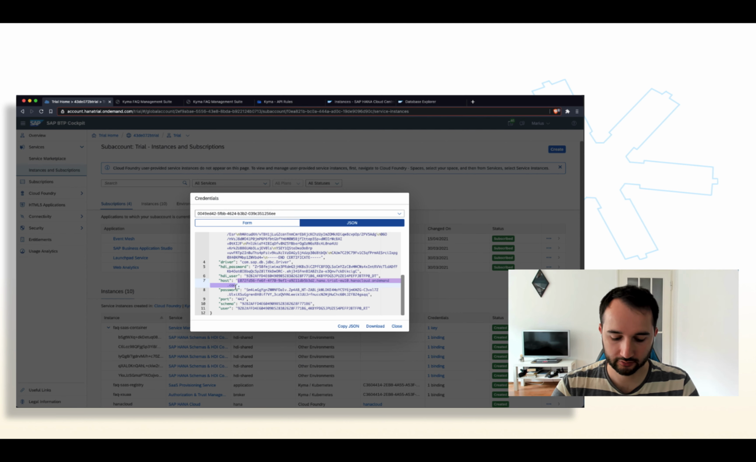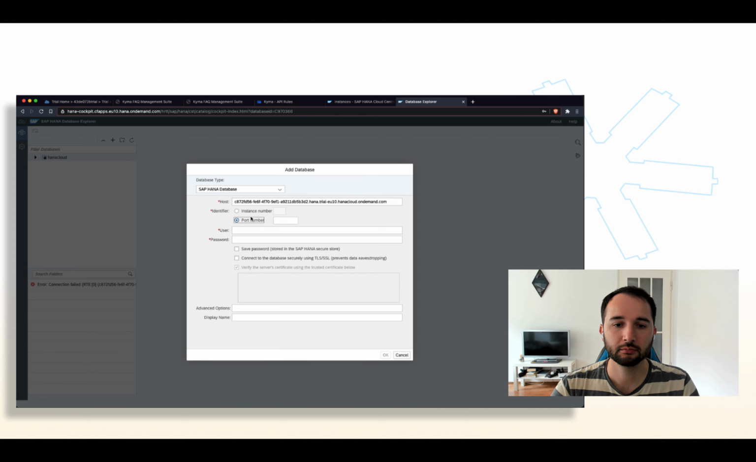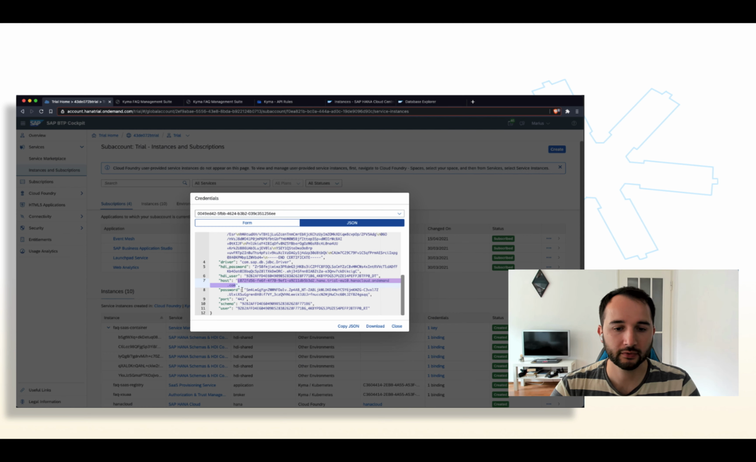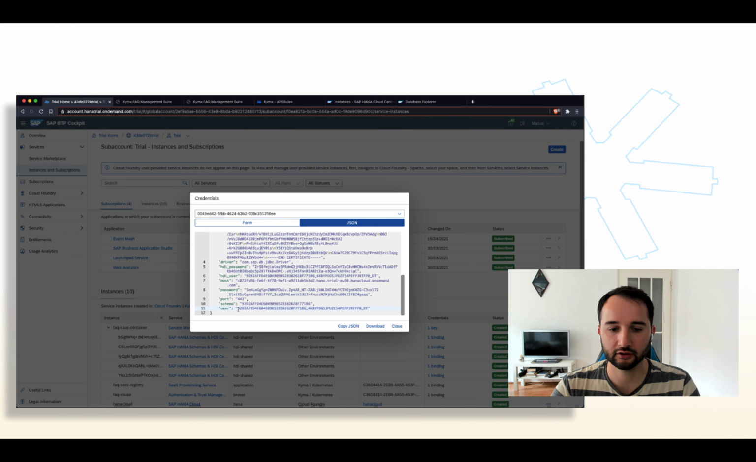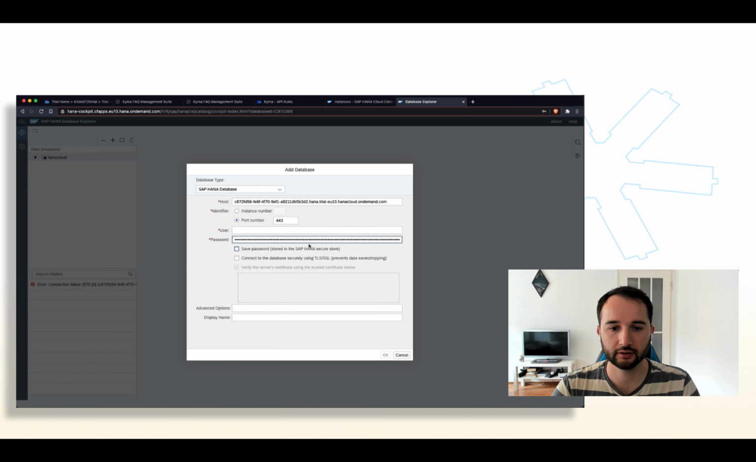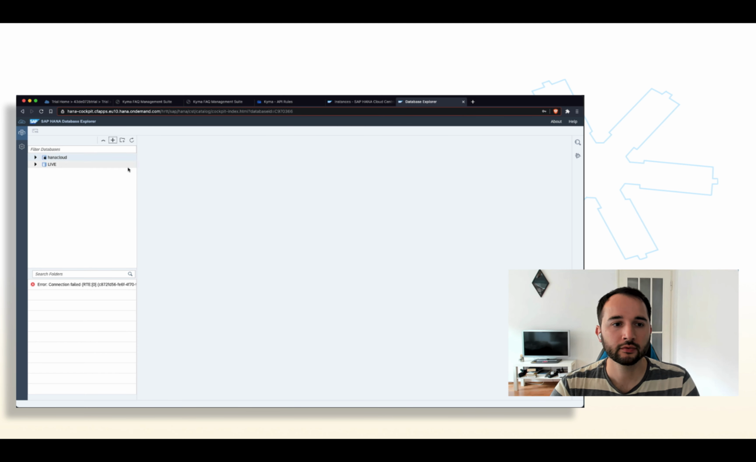So the host is this value, port number is 443, HTTPS service port. The password is what's displayed here. Let's add that first. And then last but not least, copy the user and paste that here. You could save the password or enforce SSL, but for now we don't need to do that. And I just call this live. So we see the connection has been established,